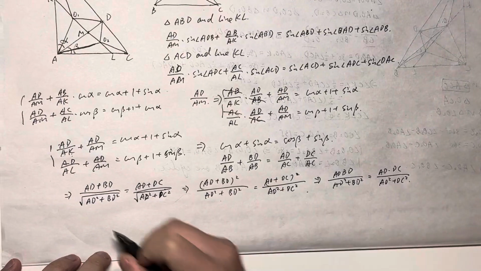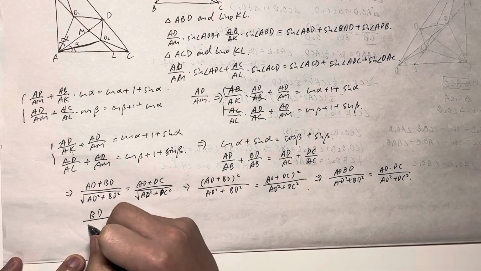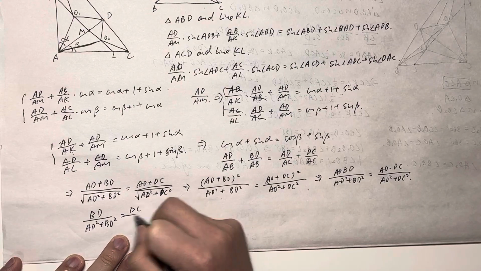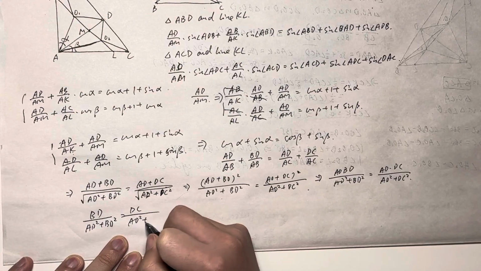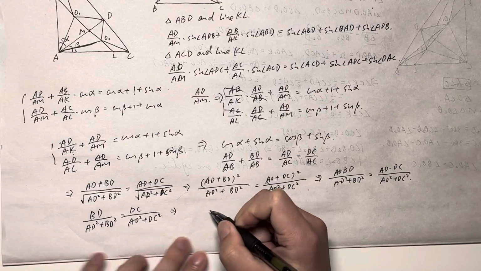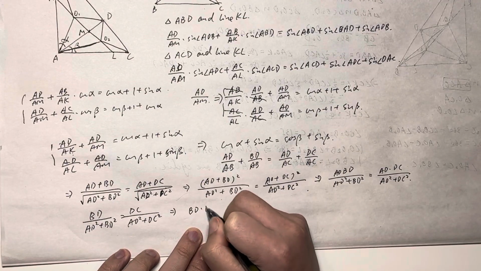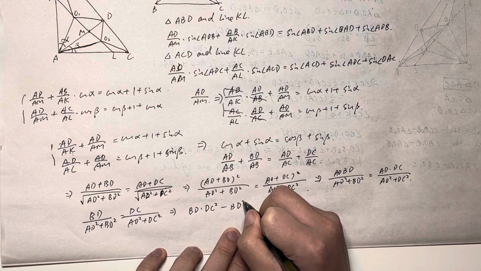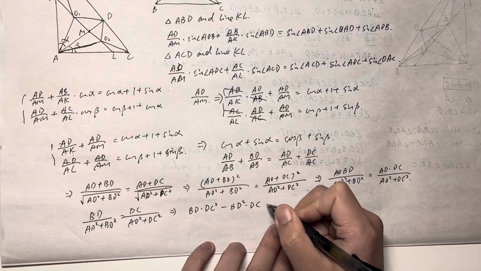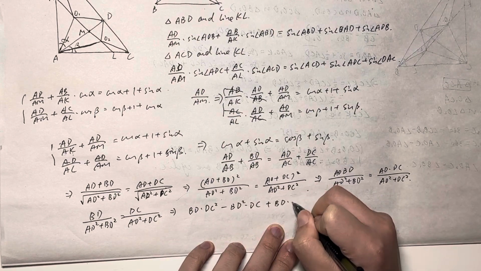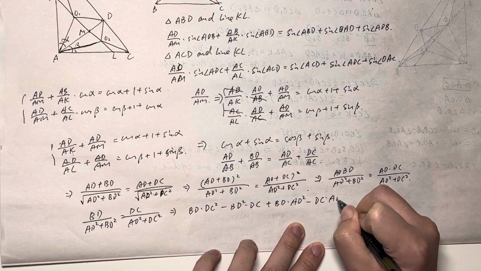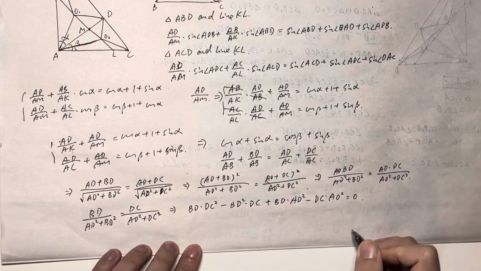And from this, we got BD over AD squared plus BD squared equals DC over AD squared plus DC squared. So we have BD times DC squared minus BD squared times DC plus BD times AD squared minus DC times AD squared equals 0, which means